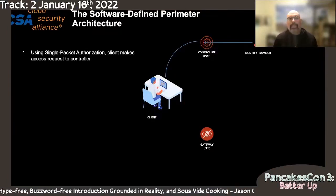It'll let it establish a network connection, TCP connection. And on top of that, it will then establish a TLS connection. So the session is encrypted. And then we actually get to the second level of authentication, where the user will authenticate through the controller to